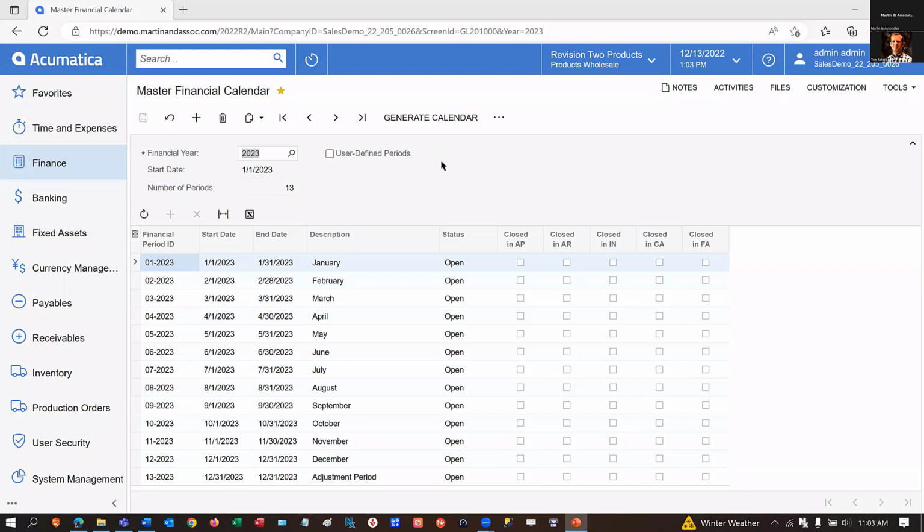All right. I'm in Acumatica 2022 R2, so it's possible that some of the interface, not really any of the core features for period, let alone year-end close, will be different, even if you're in an older version of Acumatica today. But just know that I am in basically a sales demo tenant provided by Acumatica in the most current version,